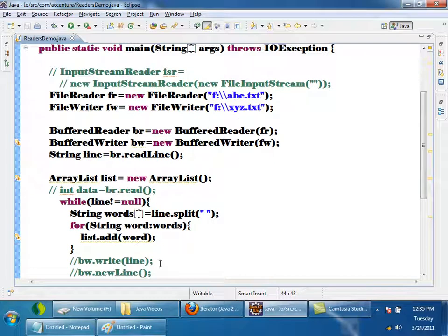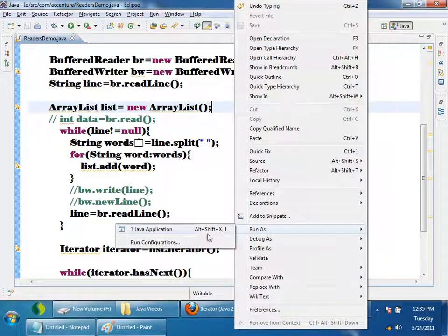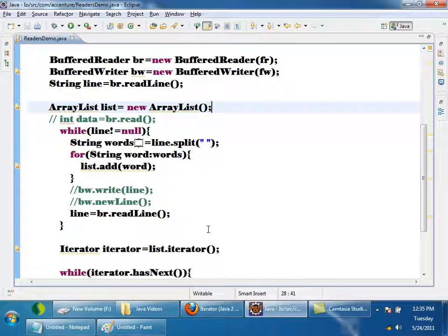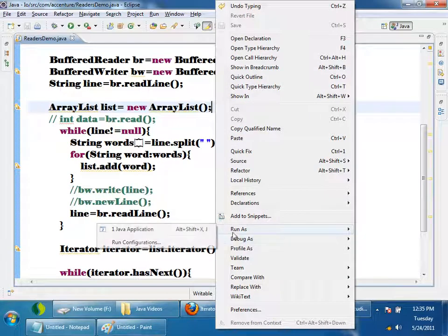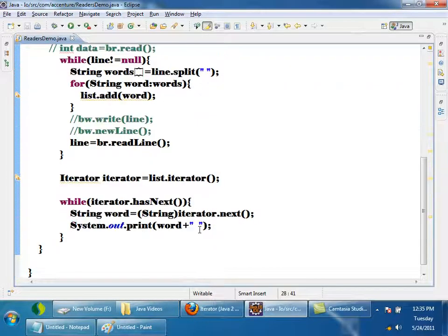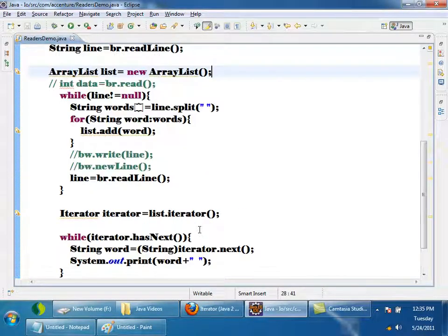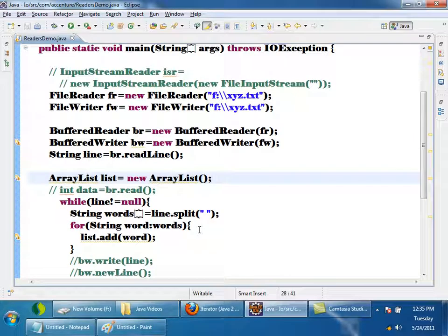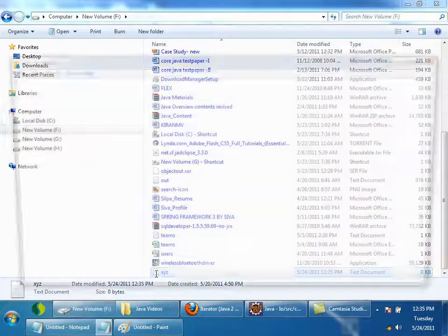So where is it reading from? xyz.txt actually. I want to read from xyz.txt in the F drive. Now I'll run it. xyz.txt in F drive.